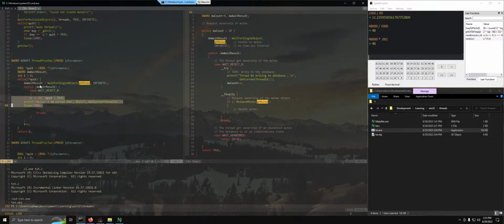Huh, I didn't know that. If I press gq, it formats it for me. Use that for other things, but